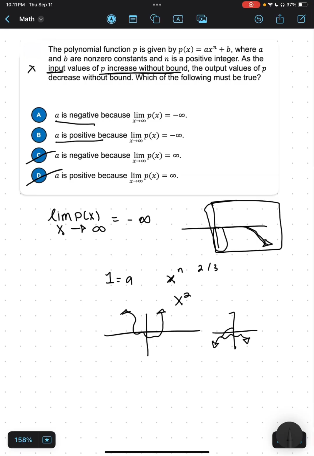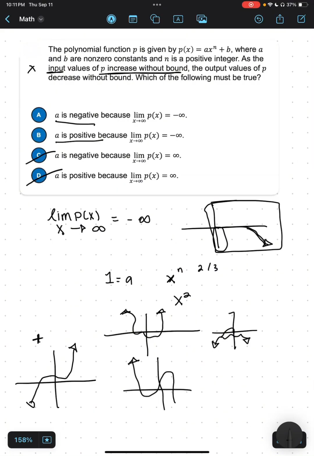Right? And then it crosses somewhere here. Okay, anyways. And then if it was odd, it would be something like this. If it were positive, so this would be a positive odd graph. And this would be a negative odd graph. So if this is a positive and this is a negative, and we're looking for as x approaches positive infinity,